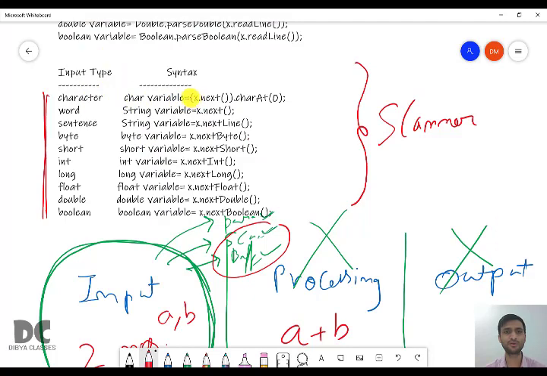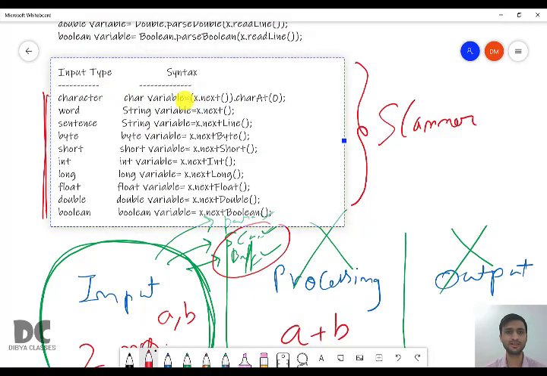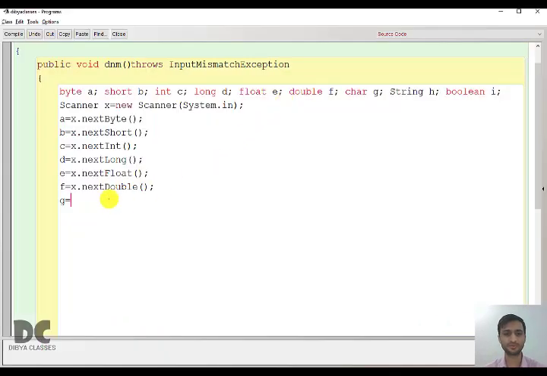Char variable equal to, you can see, x dot next().charAt(0). So what is this charAt(0)? For now just remember this line. charAt(0) is actually part of the string chapter. When we start studying the string chapter, I will make you understand what actually charAt is, what is a charAt string function.